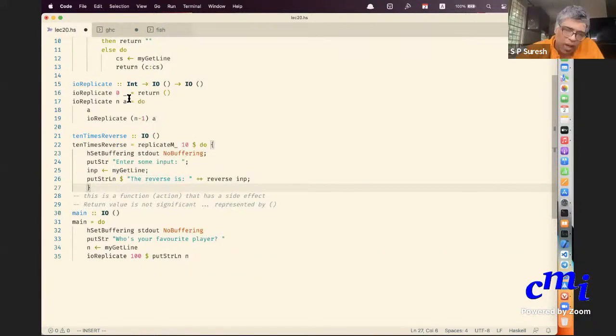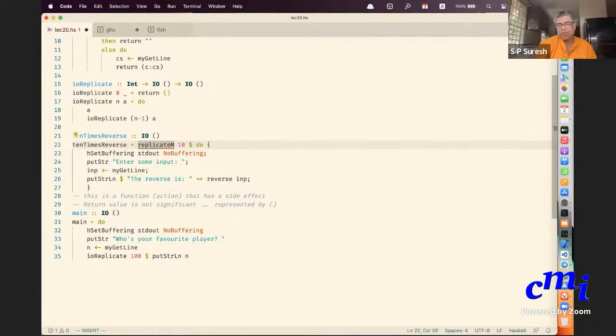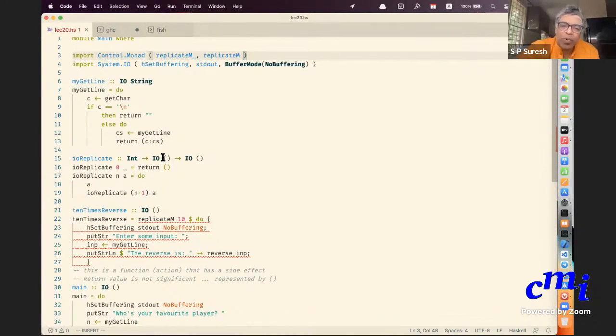Okay, I'll tell you. One second. I'll modify the program to make it replicate M, and you'll see what happens. If I do this, then first of all, the type won't match.